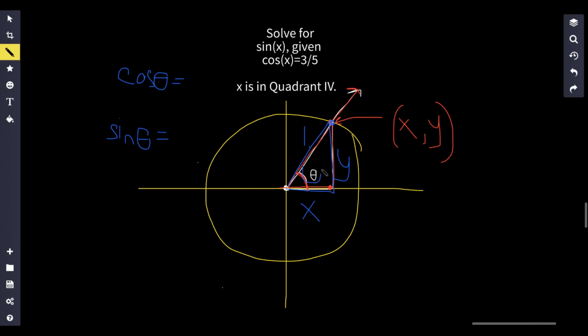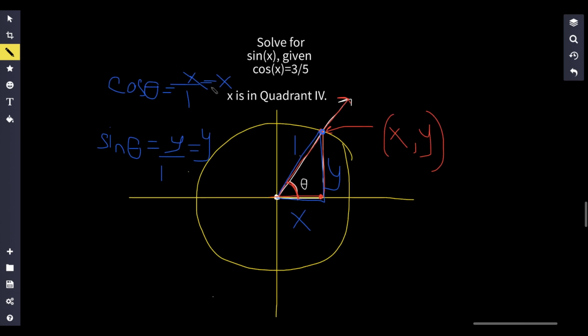Now, cosine of this angle that we created, well, we know cosine is equal to adjacent over hypotenuse. So cosine is going to be equal to x over 1, which is equal to x. Sine of theta is going to be equal to opposite over hypotenuse. So sine of theta is going to be equal to y over 1, or just y. Notice how I can substitute this in for my